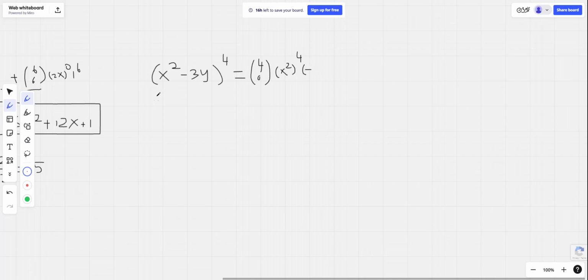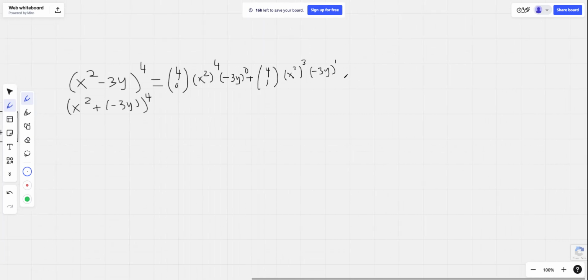In fact, in order to not mess up, we should change this to x squared plus negative 3y, all raised to the 4th power. Then we could use our formula a lot easier without messing up that much. 3y to the 0 again. We're matching the powers. Plus 4 choose 1, x squared all to the 3rd power, negative 3y all to the